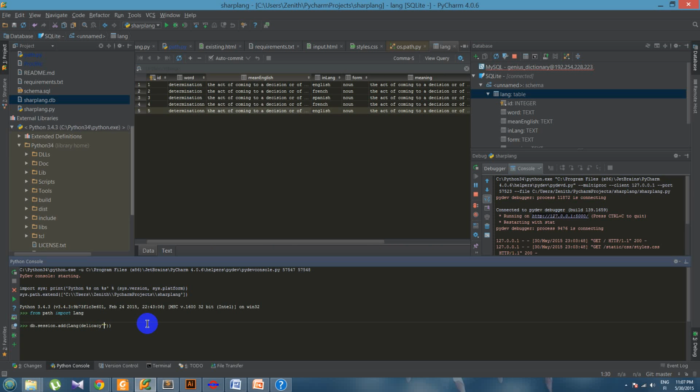So it's a word. And the meaning of it is the fineness of texture, quality. Then in English,